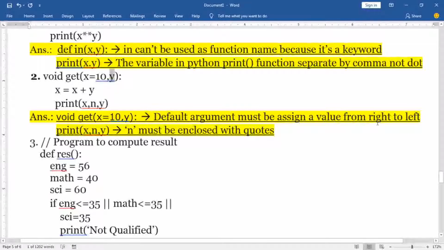So print x and y, and then here x and y, n must be enclosed with quotes. Okay, because n is given over here, but what is that? We cannot understand because n is not assigned or never used here, so you have to enclose it with single quotes. So that will be considered as a string and it will print the value. Now next,